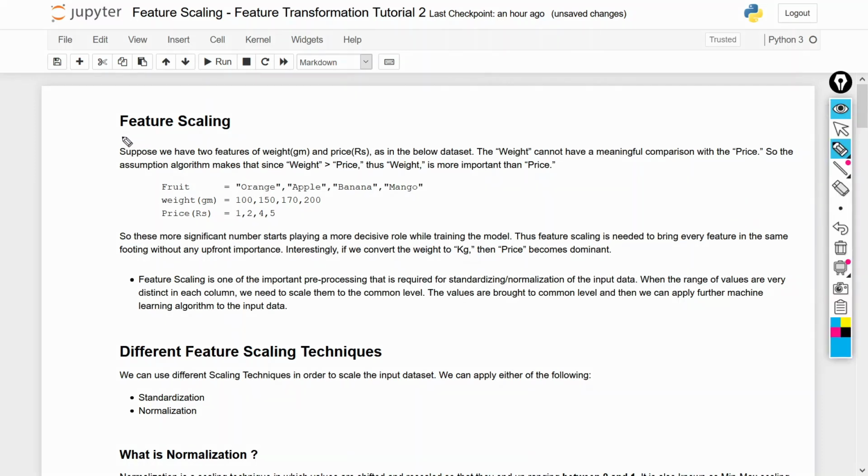So why do we perform feature scaling? I want to create a machine learning model, and for that I have picked some features. I have picked 3 features for our dataset. My first feature's range is 1, 2, 3, 4, 5.